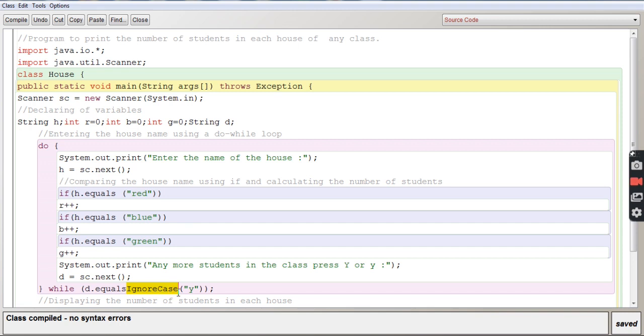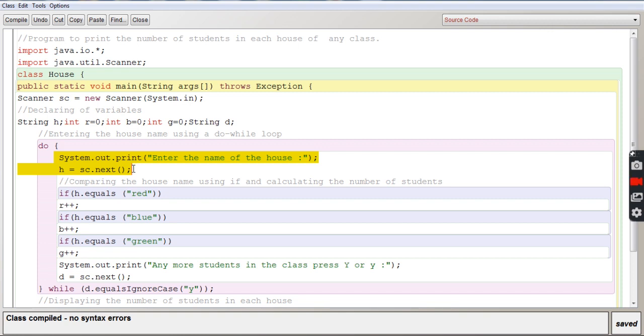So whatever y I gave, maybe uppercase Y or lowercase y, it is going to ignore the case, and check only whether y is equal to y or not. So we have given y to D, so it is equal. True means it will go back to the do loop. Can you see the highlight on the do on the top over here? So do, it enters the body of the loop.